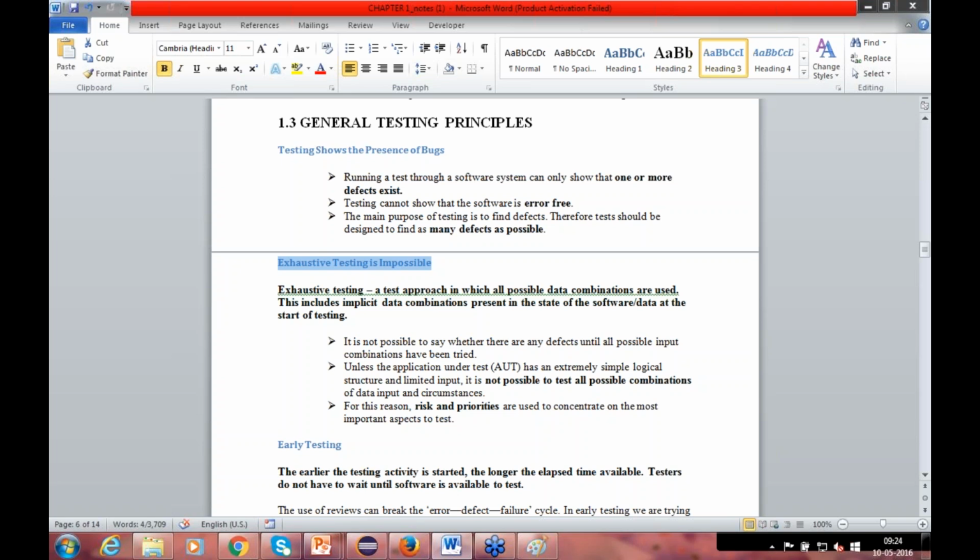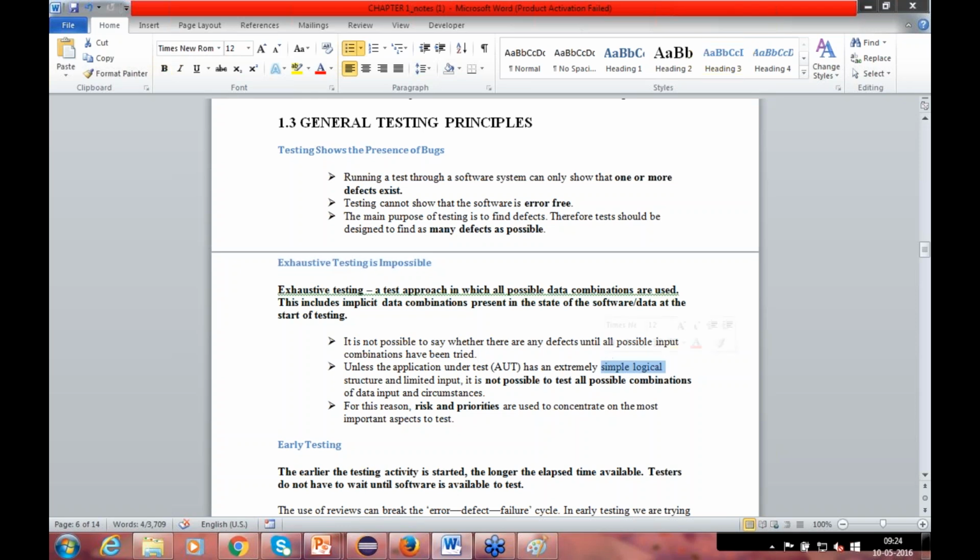Even if you want to test, for example, an amount balance between 1,000 and 2,000, you cannot test 1,000, 1,001, 1,002, 3,000, 4,000. You cannot really test everything. So we use some of those experience-based techniques, black box techniques, to help us. By testing some samples of data on the boundaries, we'll confirm, I think we're good, let's go ahead. But you cannot really test everything. A test approach in which all possible data combinations are used, that's what you cannot do. So what you should do is,